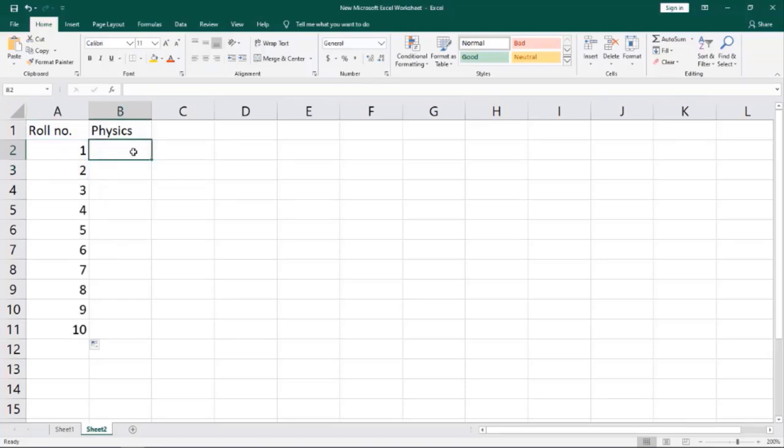Now suppose in physics, roll number 1 has got 62 marks. Then in the same subject physics, roll number 2 got 78 marks. Roll number 3 got 77. Roll number 4, 86.